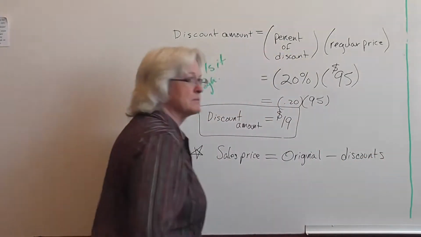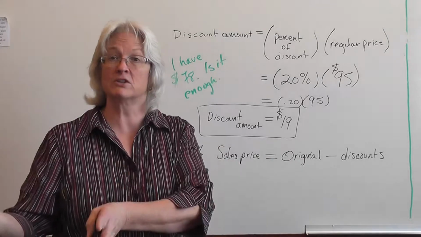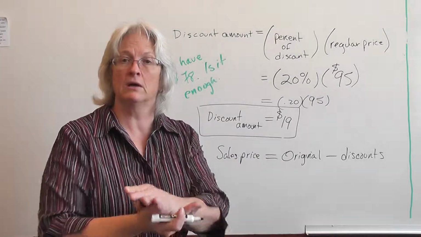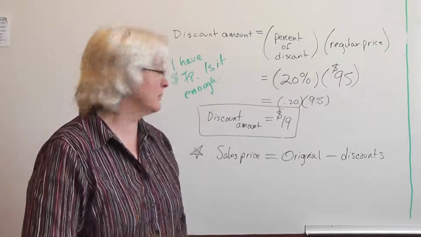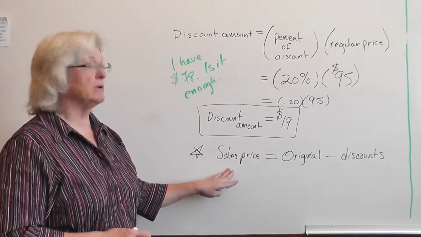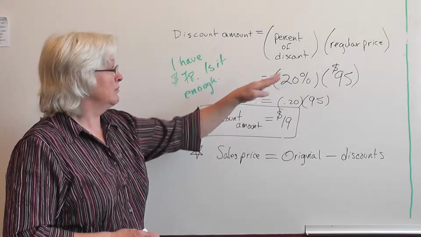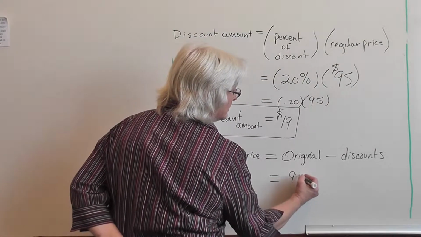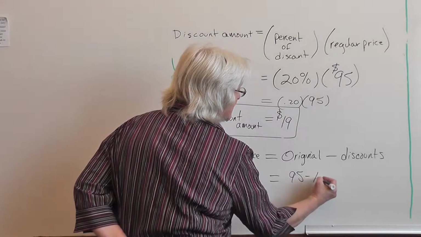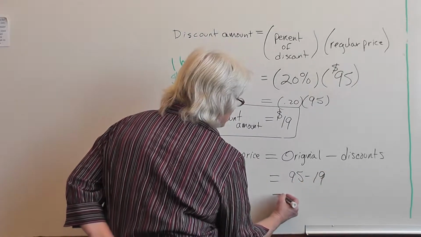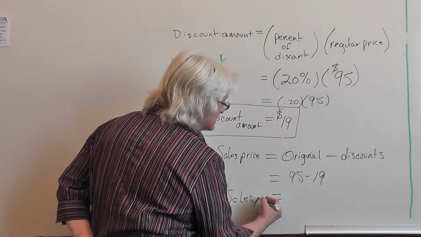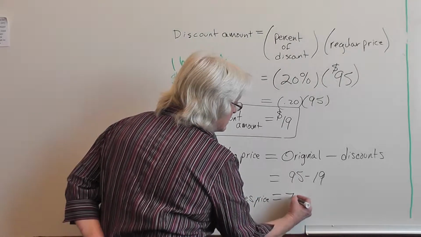And that's where you sometimes have this discount, plus you have a coupon, plus you've got buy one, get one free, plus you end up getting that item for a very small amount of money. We want to know what the sales price is. The original amount was $95. We're going to subtract the amount of the discount, and we're going to see that the sales price is equal to